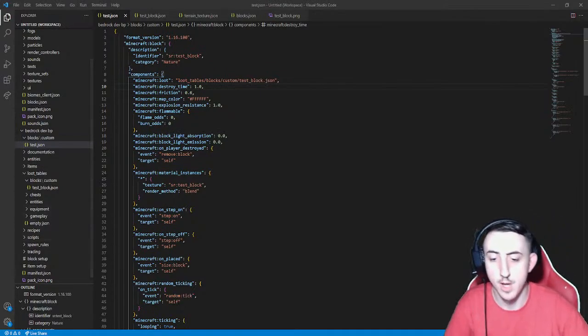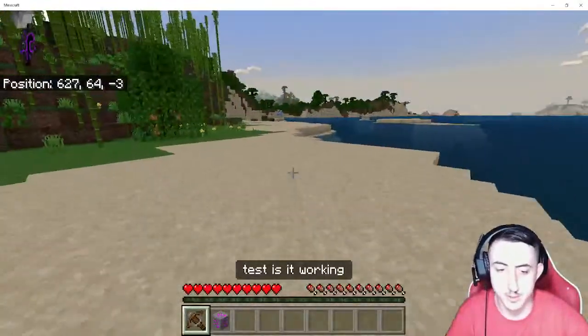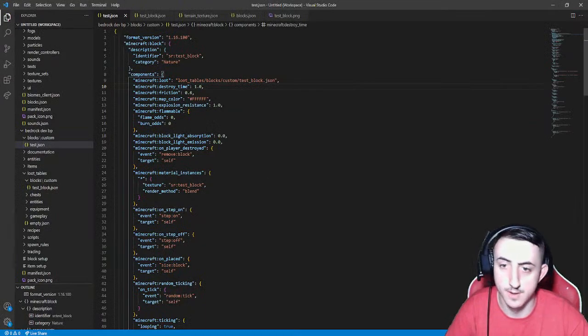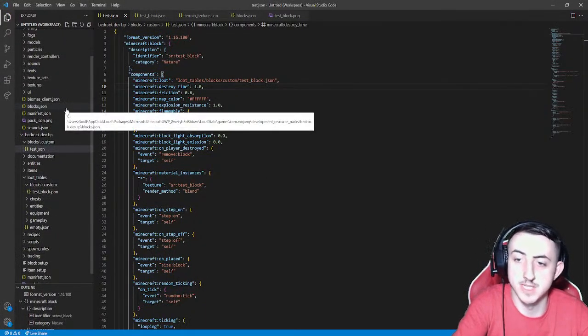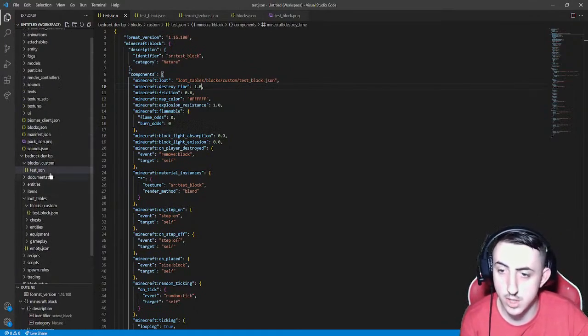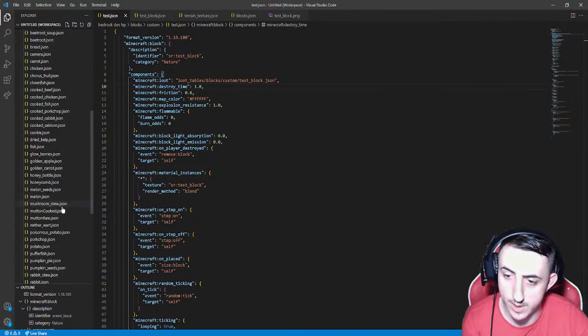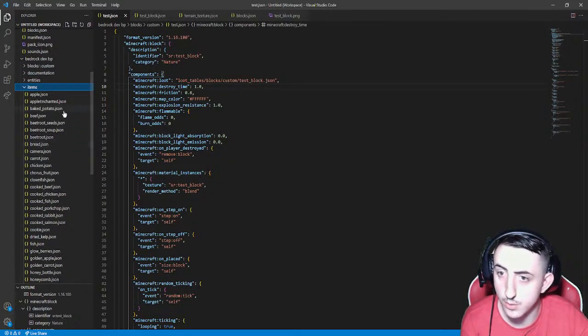Much, much, much better. Okay, so now let's go back to the game. So like I said, we're going to be fixing this. So let's go into Visual Studio. And let's find the item that we was messing with before. So let's go to items here. And let's find the item that we was making, which should be its own